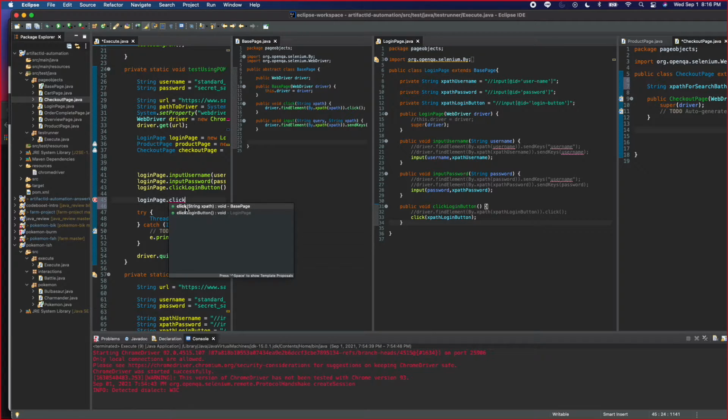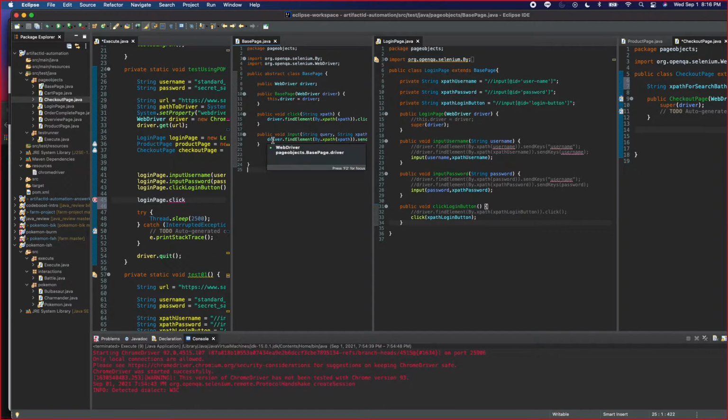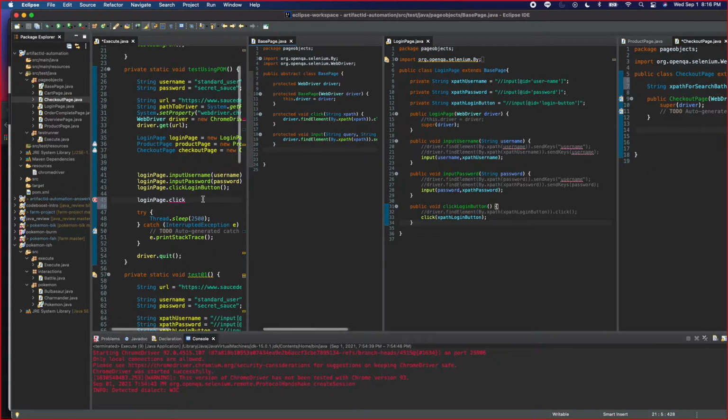But isn't that because the method is public in the base page? Right, that is the problem. So how do I fix that? They're protected. Right, so what do I do? Just change it to protected? Yeah, protected, exactly. That's the whole point of protected, and that goes for all of them. You want to protect all your abstract variables and fields, methods, everything you want to protect. So now if I do it,